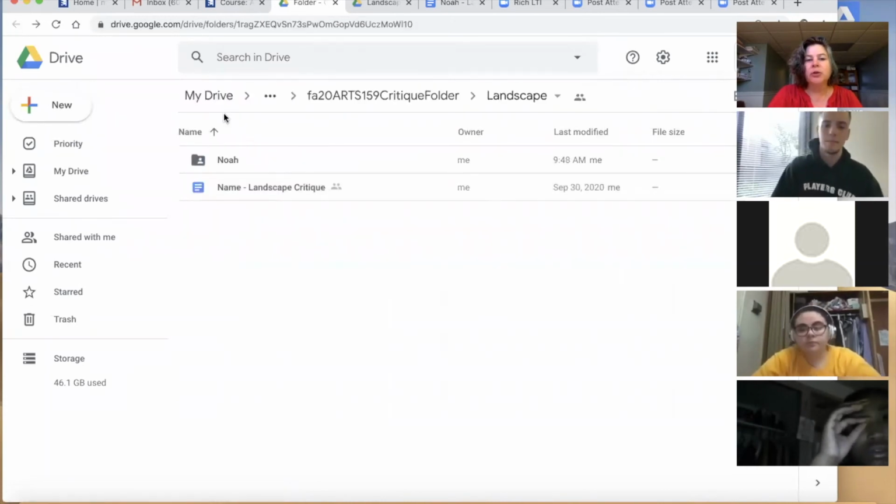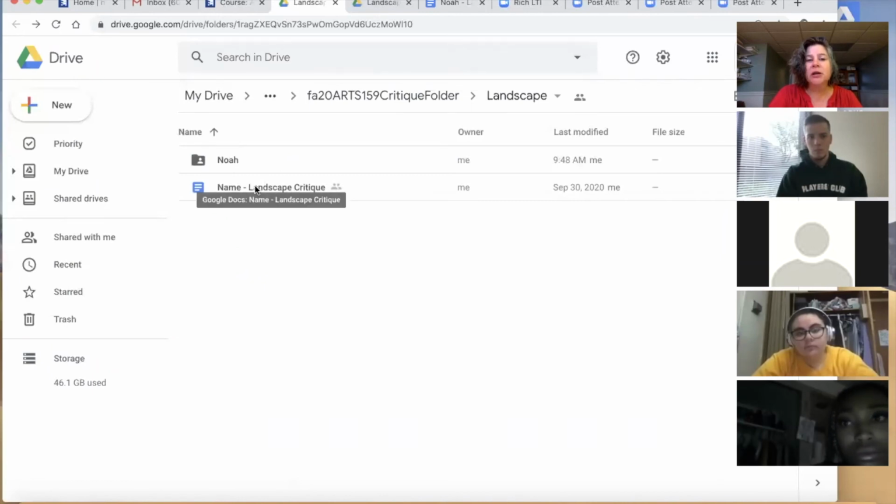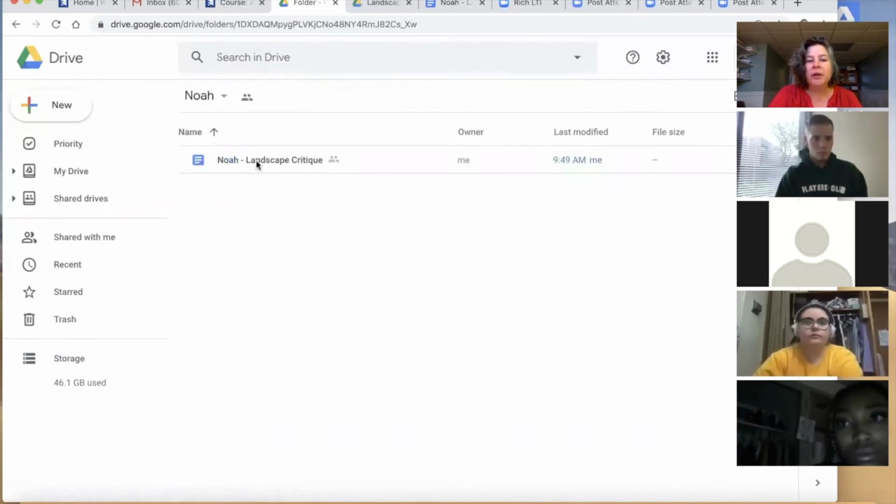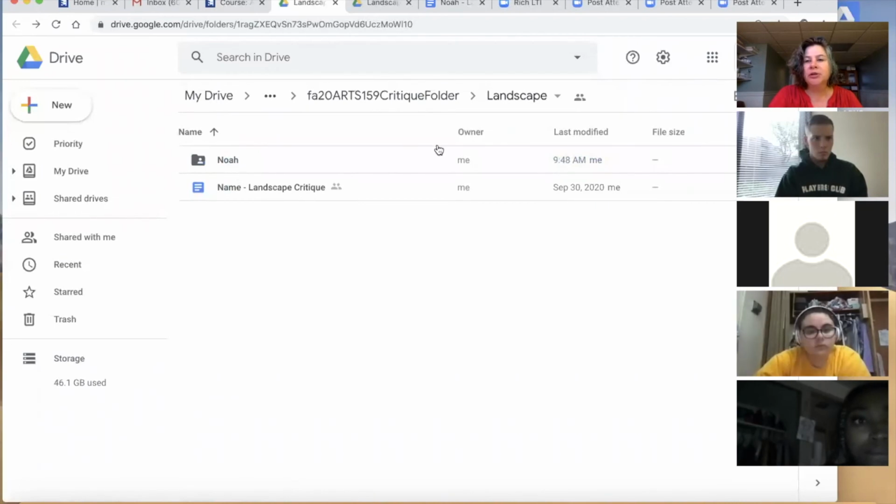Yeah. So you got the big step done, and you all could be doing it right now if you wanted to. You're going to make yourself a folder. You're going to copy this document, put it in your folder, but name it for yourself. And drag and drop your images, your JPEGs, into that folder for critique.